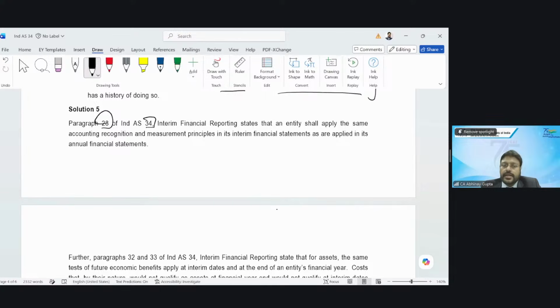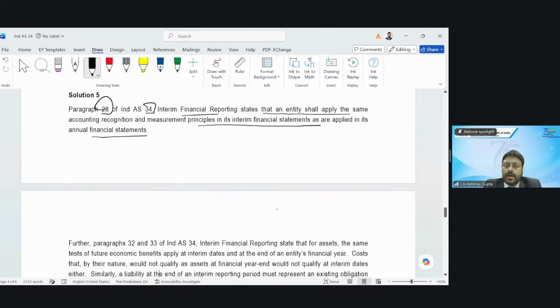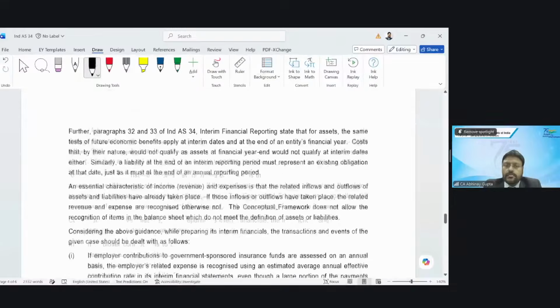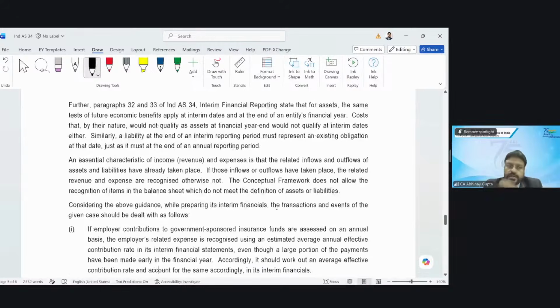So as per Ind AS 34 Interim Financial Reporting, the standard states that an entity shall apply the same accounting recognition and measurement principles in the interim financial statements that are applied in its annual financial statements, right? So this is the general statement. You can always remember and use it in your examination for these types of theoretical questions. Then you will say, as per the standard, forget about the para numbers, because I don't want you to spend unnecessary time